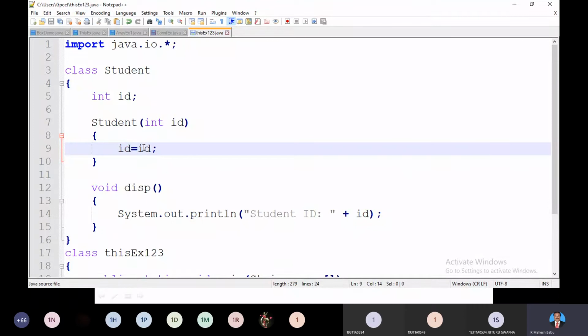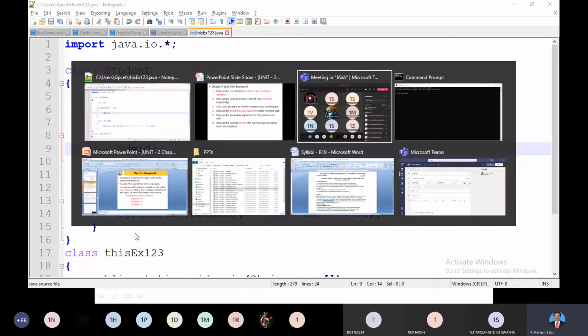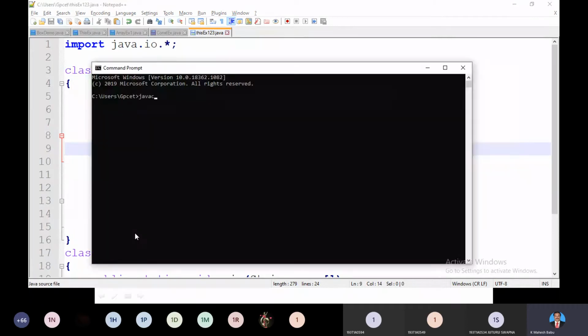For that situation, we need to identify which is the current object and which is the local variable. Whenever you run this application, we will get a wrong result. Say for example, java 1 2 3. Compile the code.